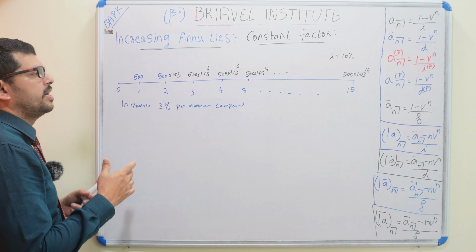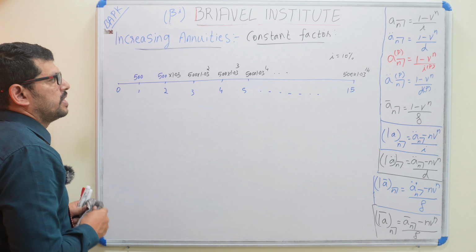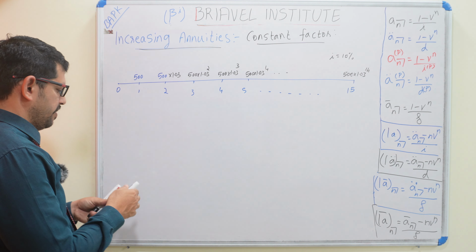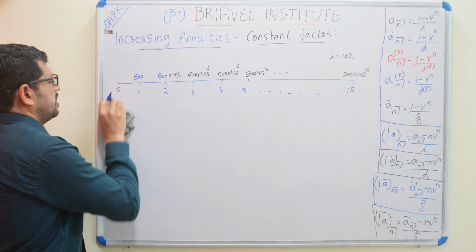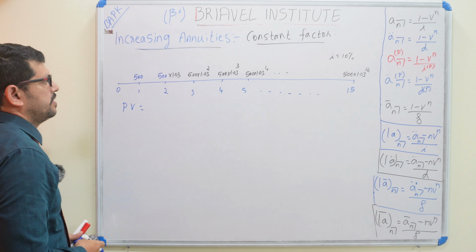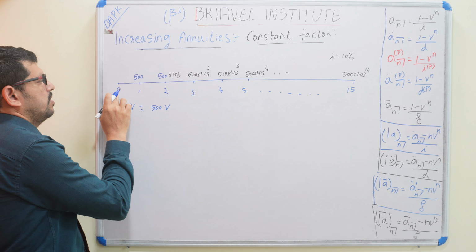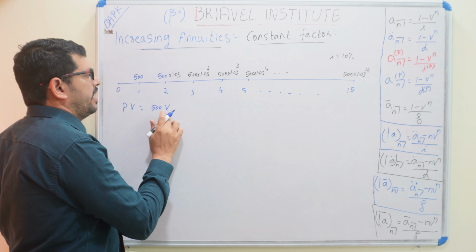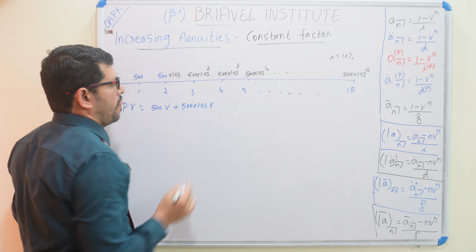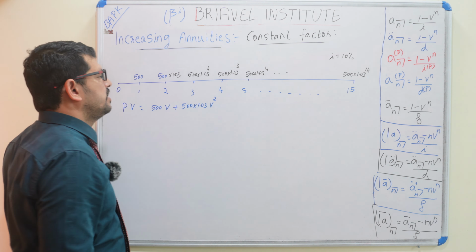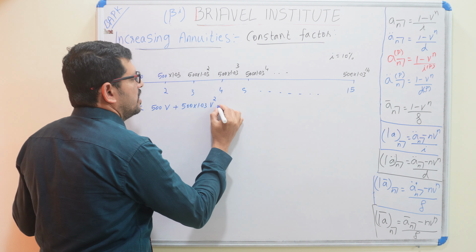So this is the problem. How to find out the solution? So two methods are there. I'll say first, method 1. So we need to write the present value. How to write present value? It is 500 V, 500 is taken to the time 0. So it is 500 V plus 500 times 1.03 V squared, second year. 500 times 1.03 is taken to here. So it is V square plus 500